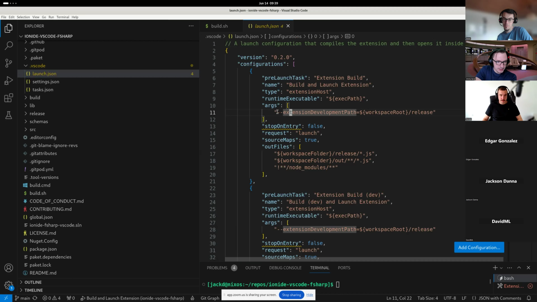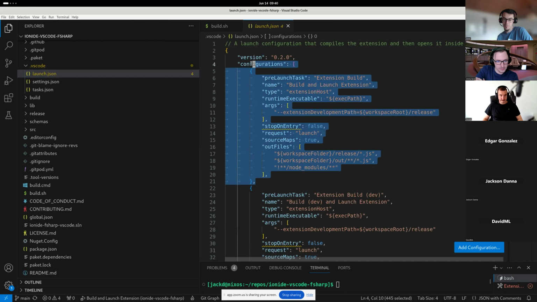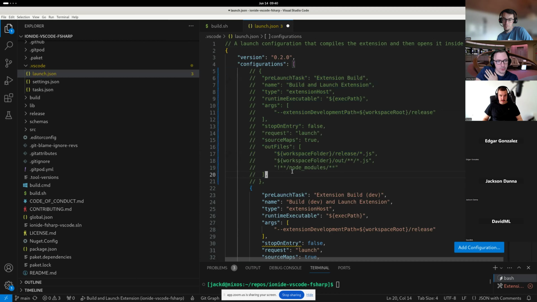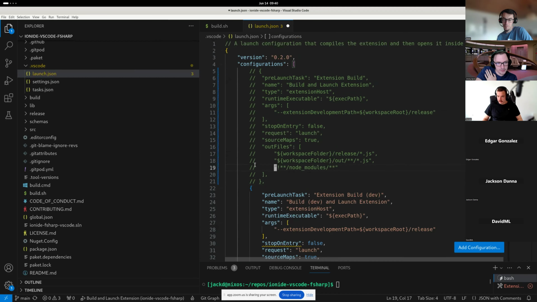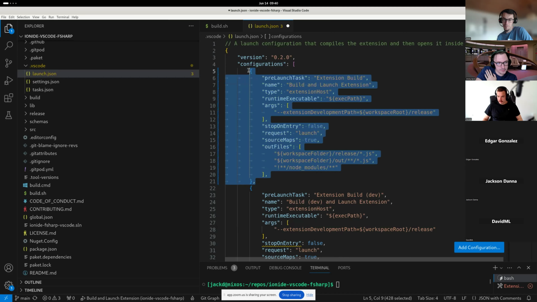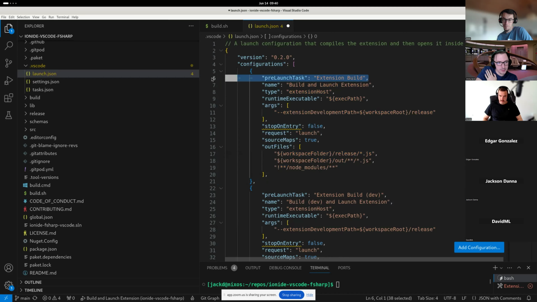So we might be able to get rid of the pre-launch task for the moment, or you can go into tasks and change that to make it work correctly through this. Hypothetically, just comment it out and save that. This is going to be the whole launch task. When you're using VS Code to actually launch things, you want to launch this whole thing. You can comment out the pre-launch task, just the key on line 6. Yep, comment that out.